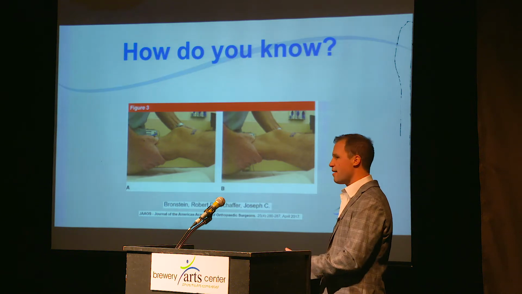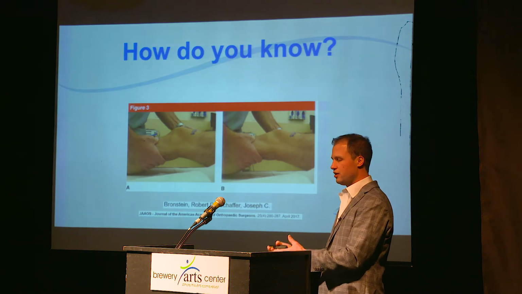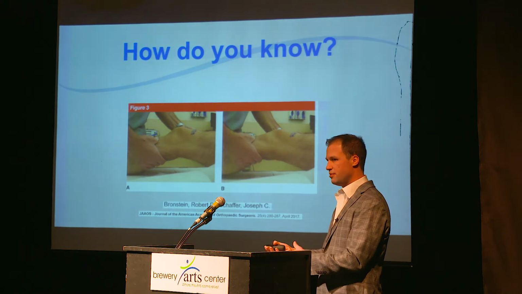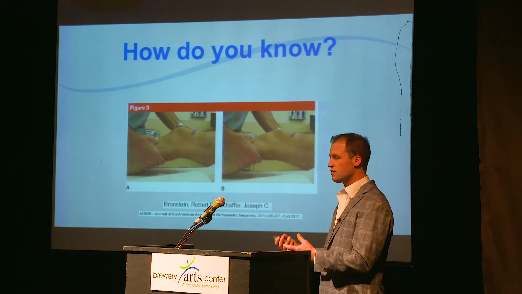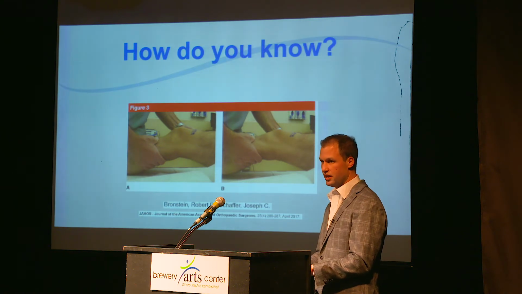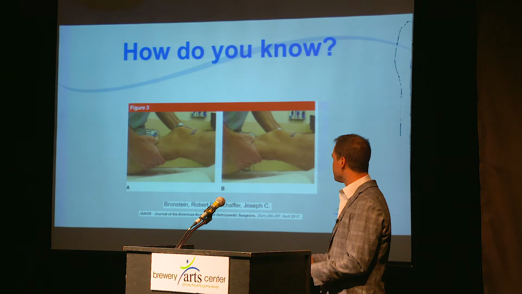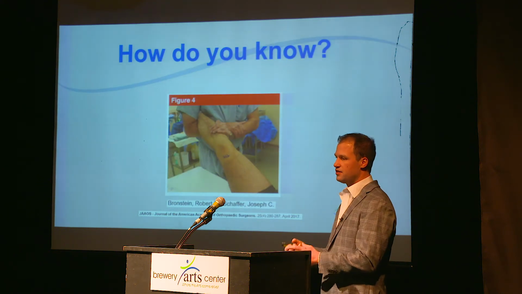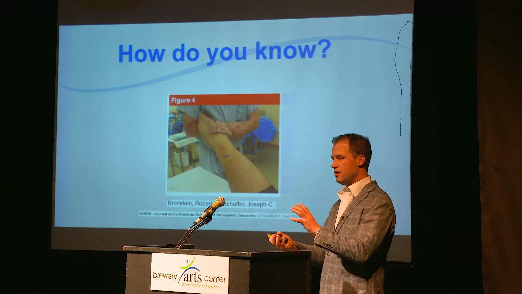Another way of doing it is not bending it all the way to 90, but a little bit less, 20 to 30 degrees, and try bringing the tibia forward that way. That's called a Lachman. It's a more sensitive exam, so you're more likely to pick up an ACL injury with this exam. Another one is called the pivot shift, and this is when the knee pops out of place